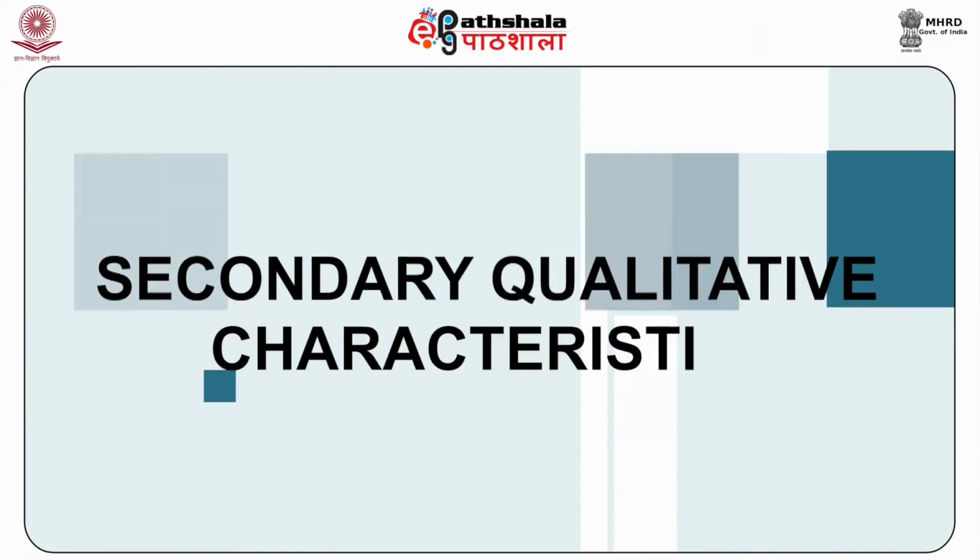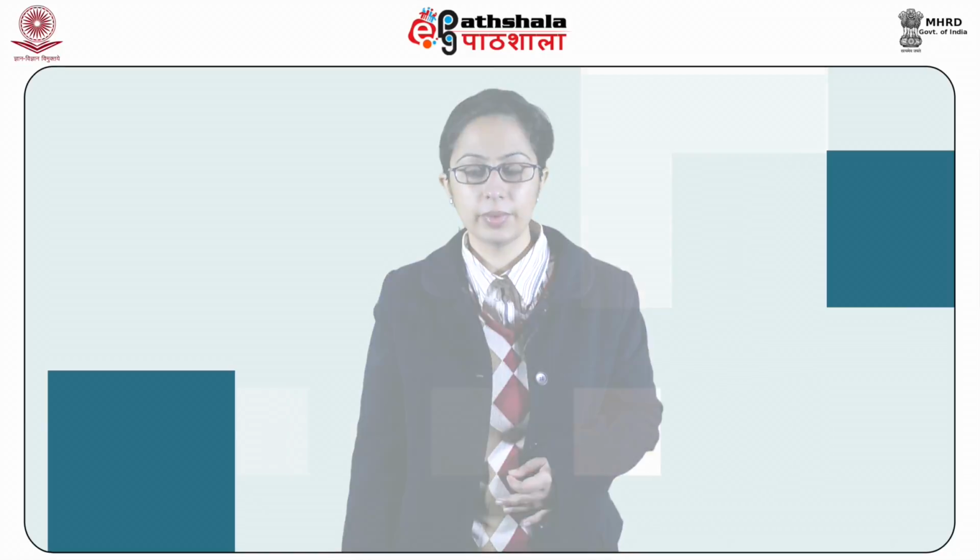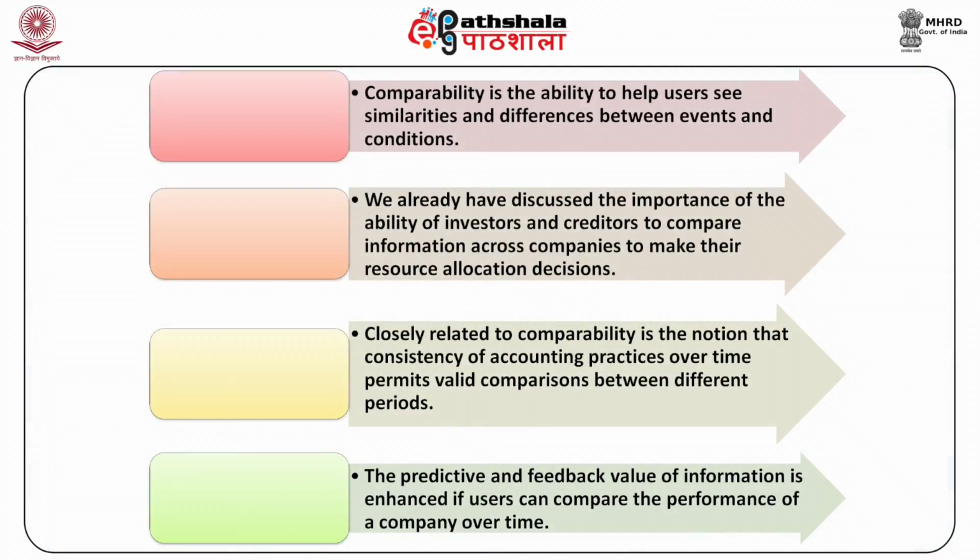Moving on to the secondary qualitative characteristics. Graphic 1 identifies 2 secondary qualitative characteristics important to decision usefulness: comparability and consistency. Comparability is the ability to help users see similarities and differences between events and conditions. We already have discussed the importance of the ability of investors and creditors to compare information across companies to make their resource allocation decisions. Closely related to comparability is the notion that consistency of accounting practices over time permits valid